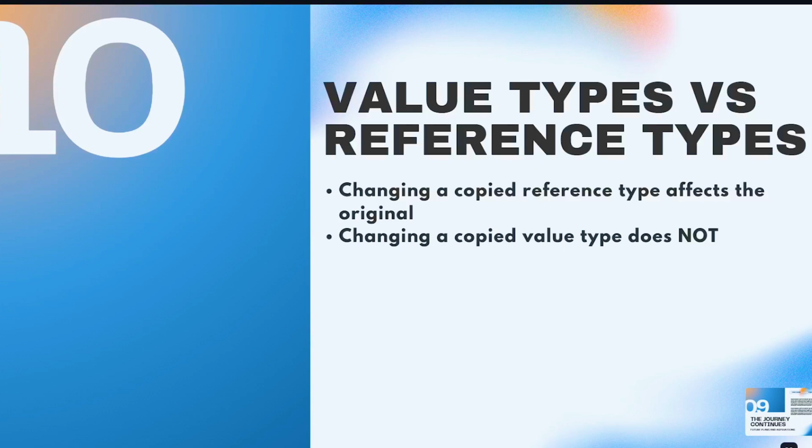String is special. It's a reference type but behaves like a value type. String immutability. What does it mean? String cannot be changed after creation. Every time you modify a string, a new string object is created in memory. This is why string operations in a loop can be slow. Use StringBuilder instead when you are building a string in a loop. So value types copy data, reference types copy the address. Understanding this prevents some of the most common bugs in C#.